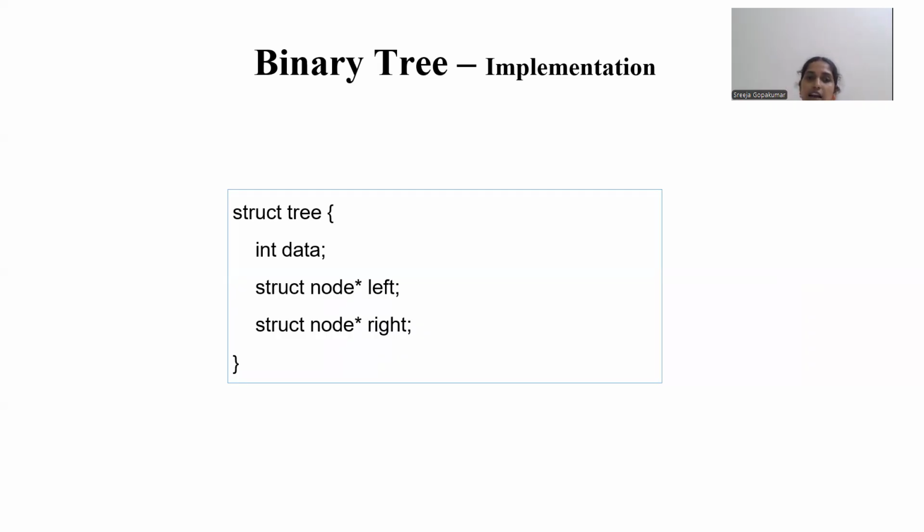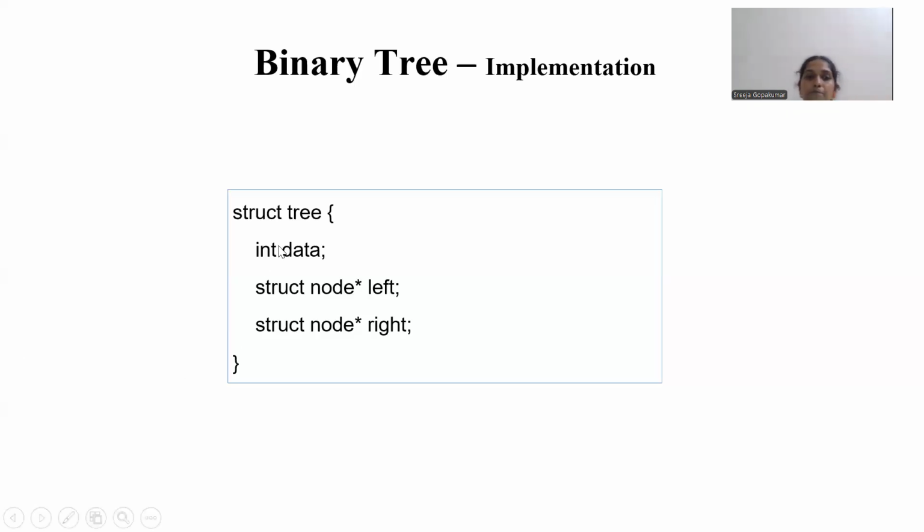Here the name of the structure is tree, and inside that we are going to have 3 data members because we are using the doubly linked list. Doubly linked list means we'll have 3 fields for each and every node. One is for storing the data value, the other is for storing the address of the left child node, and the third is for storing the address of the right child node.